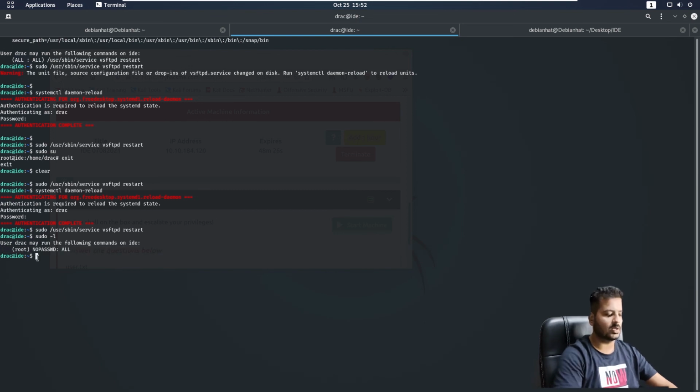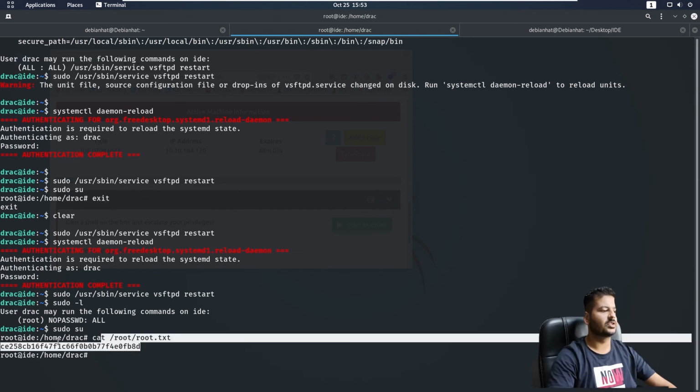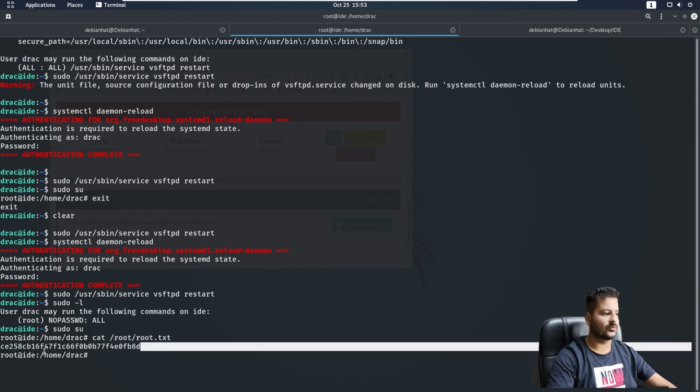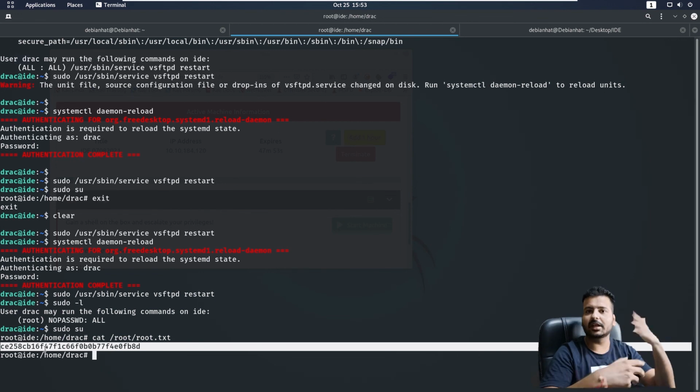So now what I'll do, I'll just simply sudo su, that is switch user to root. There, I am in root, as you can see. Okay, there it goes, I am root. What I can do next is to go and get the root flag. root.txt, there I go. So I have successfully got the root flag, which was the main aim, from heading from a web based user to escalating your privileges and getting onto the root one. So we have successfully done that.